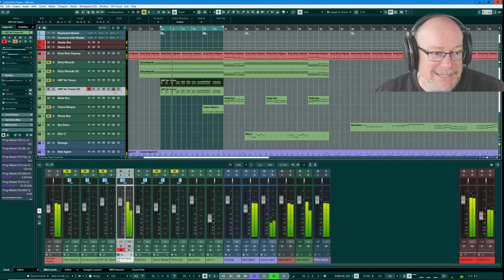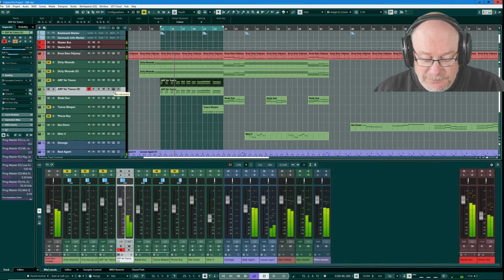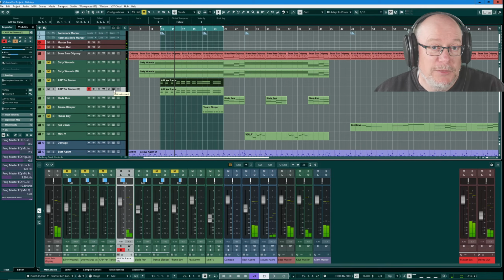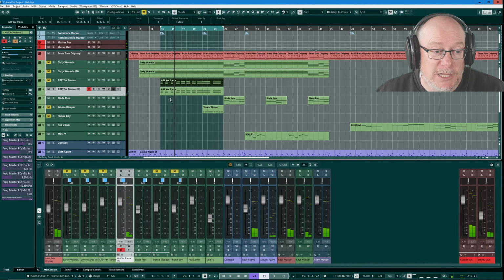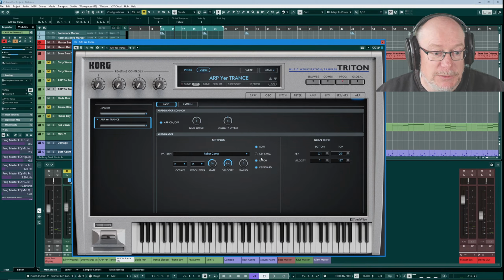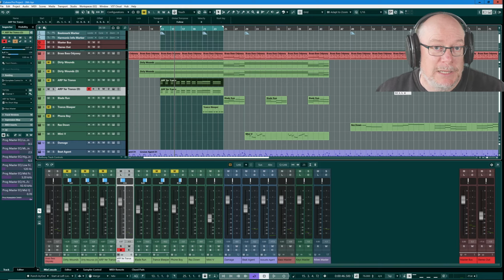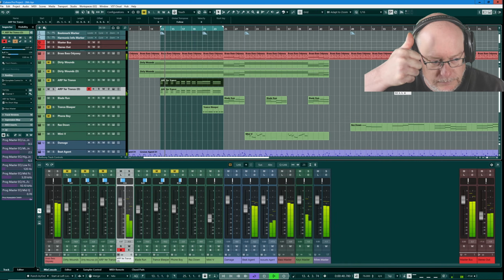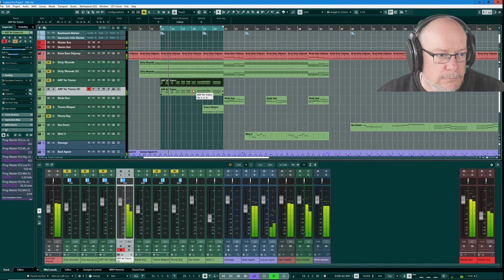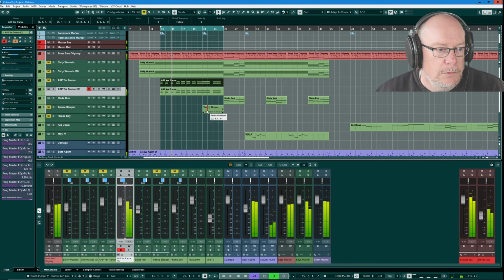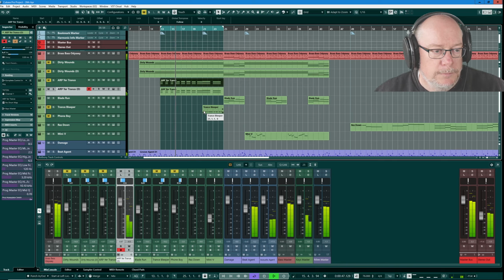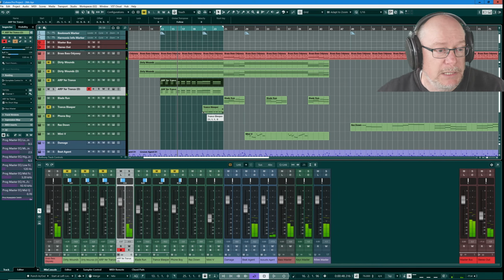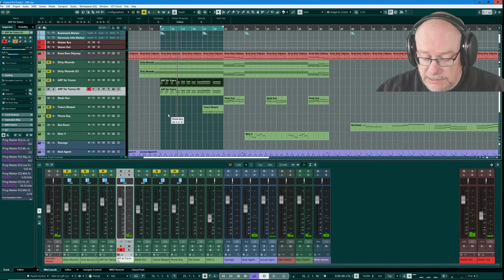Completely out of sync. Again, this is an idea of finding the sound that you like, but then getting it under control. Remember those Arpeggio settings that we need to dip into? Take keyboard off, turn key sync on. Now it'll play in time with the song. This is quite a subtle arpeggio. It's just basically repeating that chord sequence. If I held it down long enough,